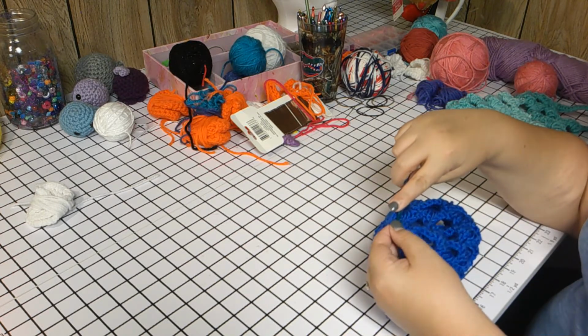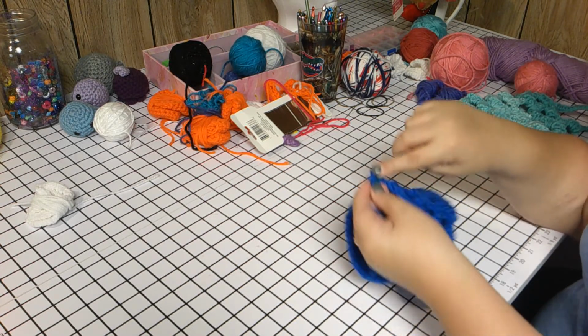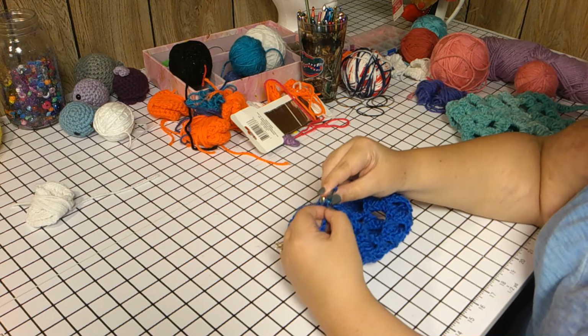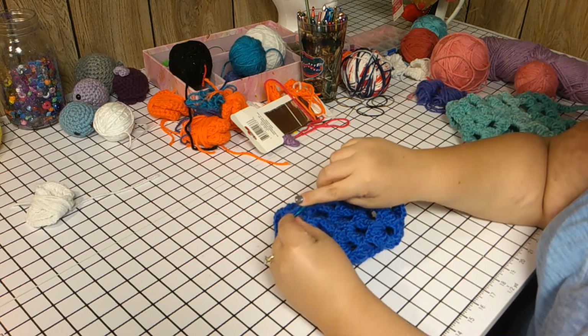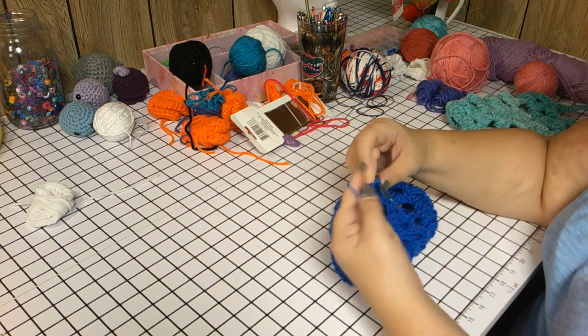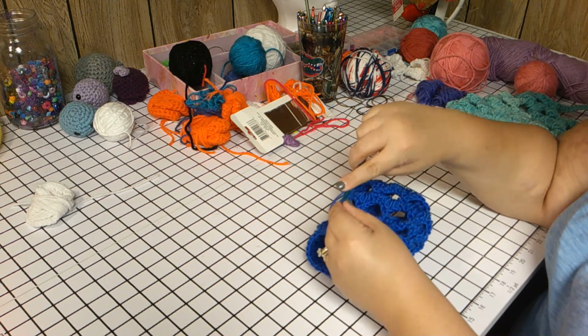And to start this out, this can be a little difficult because you really don't have very much of a foundation, so it wants to wiggle. Come on, stop being a pain. There we go. Pull up, yarn over, and pull through 2, pull through 2. Go into the next one,